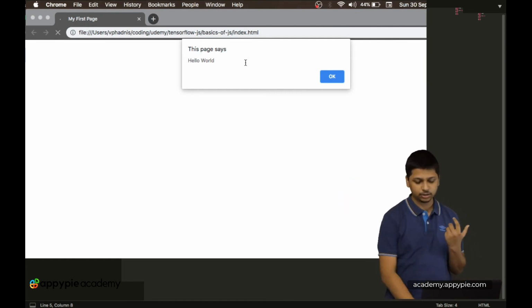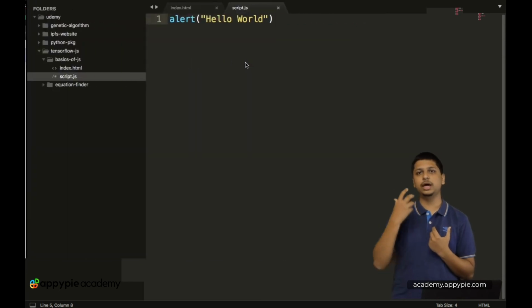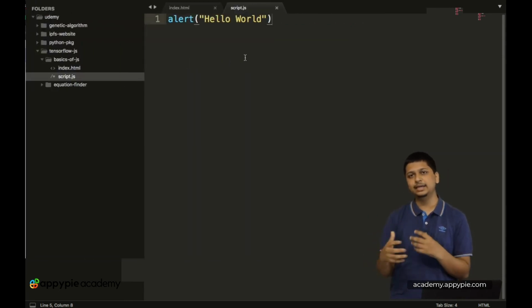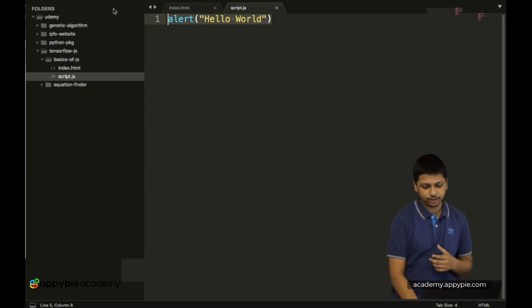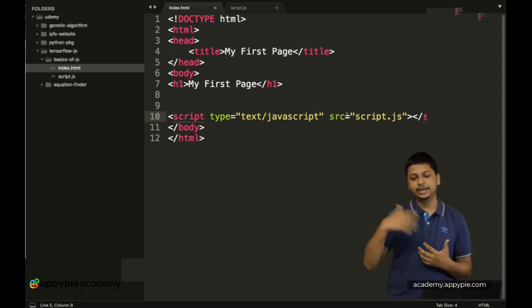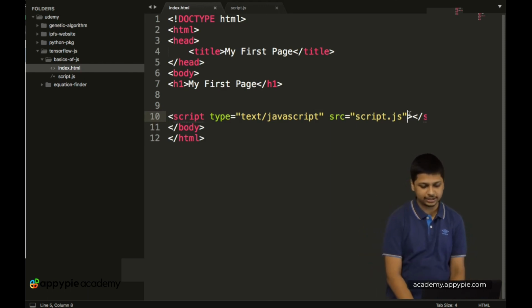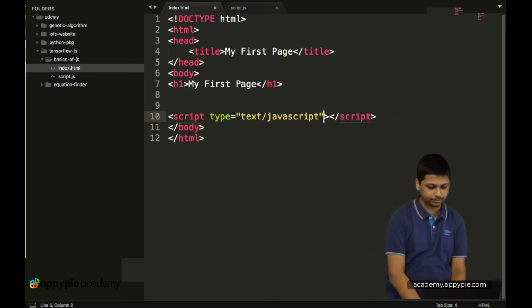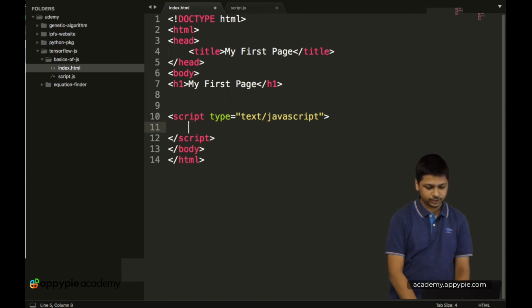Okay, so now I would like to show you another way of adding JavaScript code onto your HTML file. If you don't want to make a completely new script.js file, let's first copy this code from here. Over here, if you don't want to create a completely new file, let's just remove this.